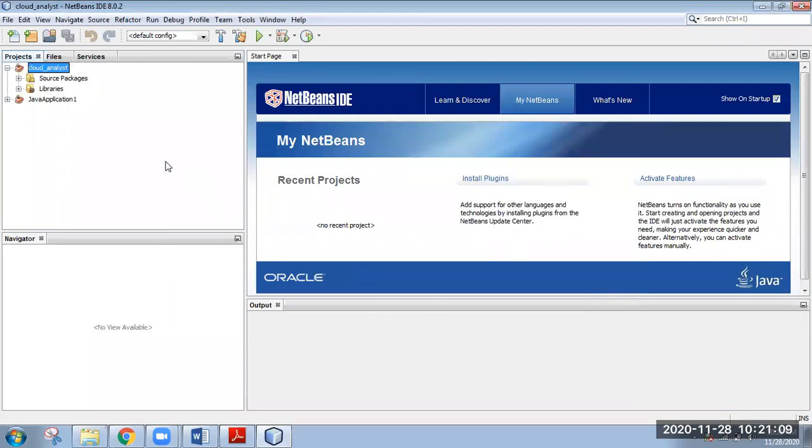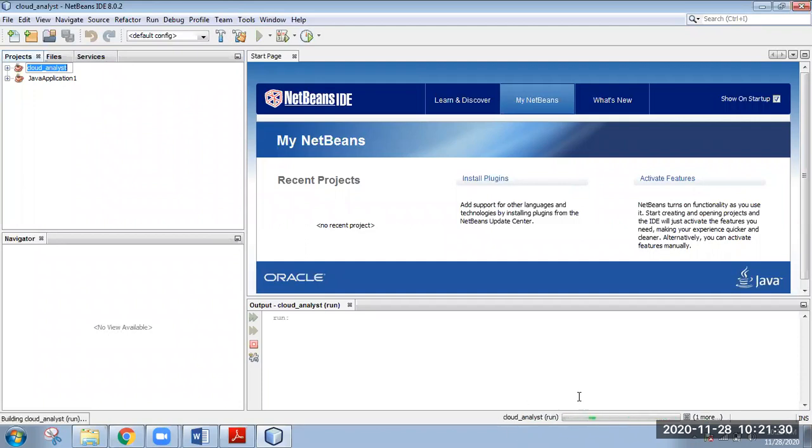Once you are done with this, you have to select Cloud Analyst, then press the green button, or you can press F6 also. I am clicking F6 now. So it is running Cloud Analyst in your system.